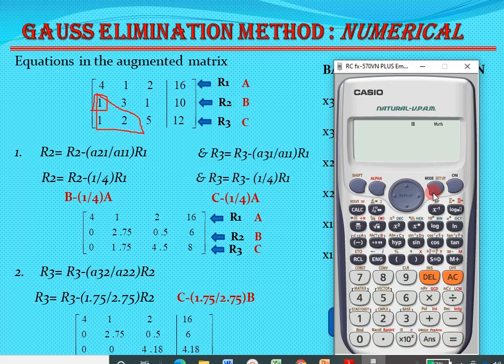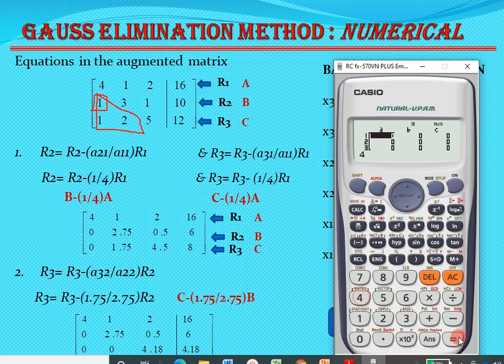Now to write the equation, we have to click on the mode icon. The equation is assigned to number 5. So press 5, and as we have 3 rows, we are going to define it in this fashion. So we have to press 2. Then here we need to define the elements of the matrices. The values we are going to define are 4, 1, 2.